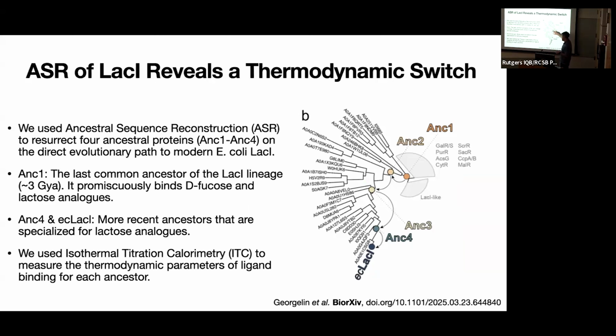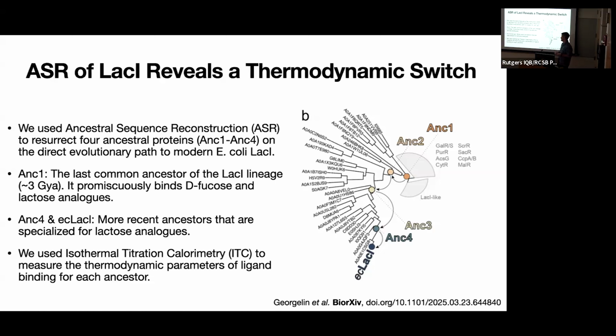In this case, we did the traditional way of doing it, which was we plotted one single trajectory from the common ancestor, ancestor 1, out to ancestor 4. We guess this is approximately 3 billion years ago, so it's one of the oldest protein families. So this is a long evolutionary pathway that we went through. And what we found is that actually this very, very distant ancestor, ancestor 1, doesn't bind lactose or lactose analogs. It binds a different molecule completely called D-fucose, whereas the affinity for lactose and lactose analogs increases